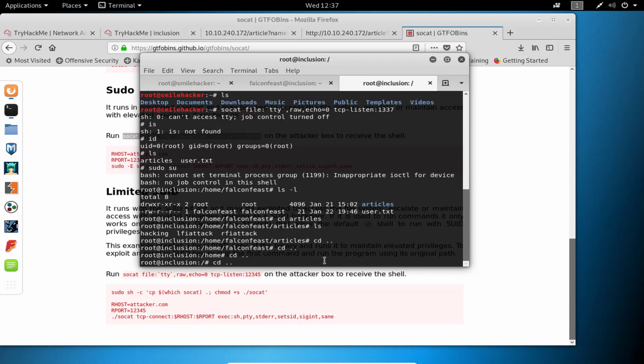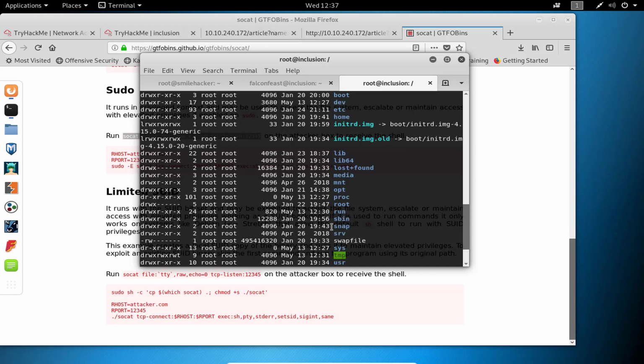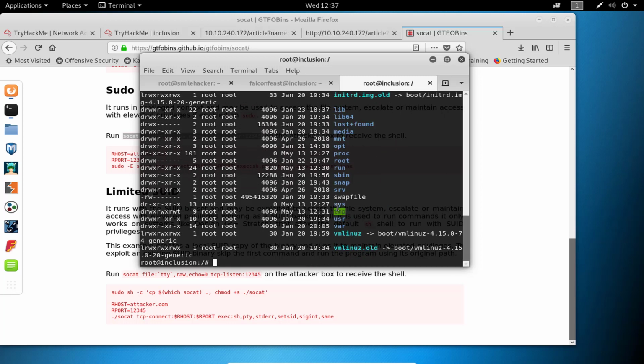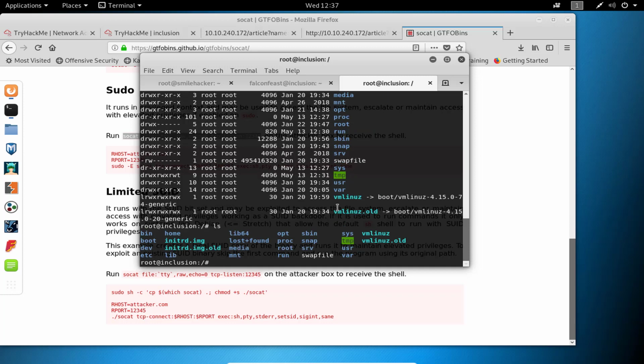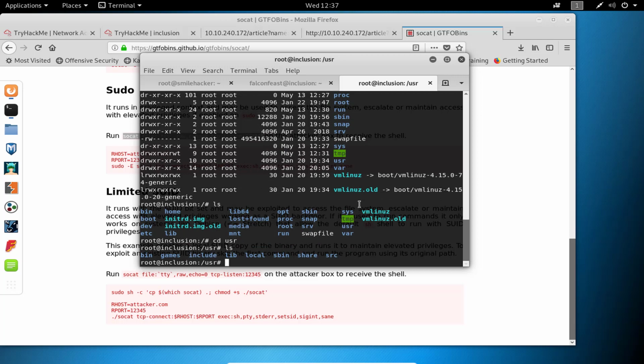So now we are going to list with ls -l for listing the directory, and we got it here. We have to try a simple ls. cd usr, ls, cd src.